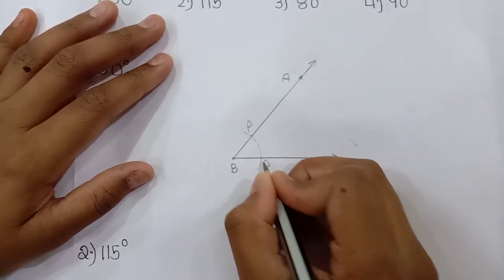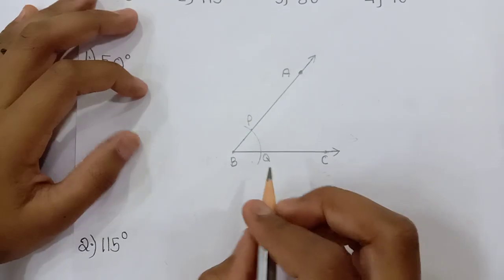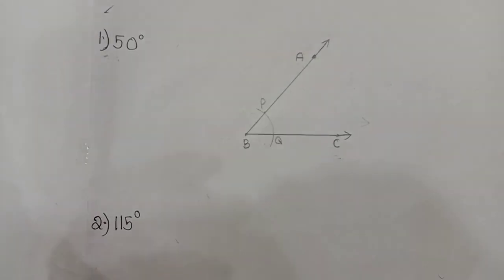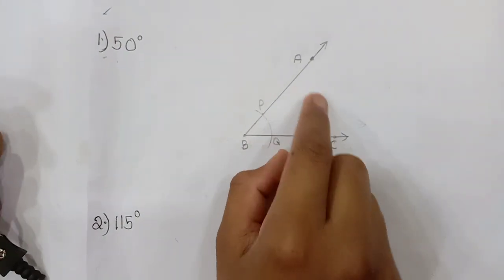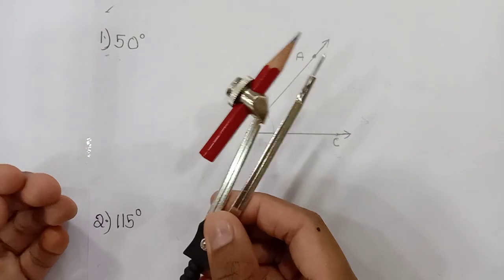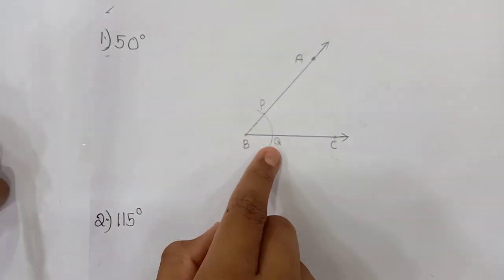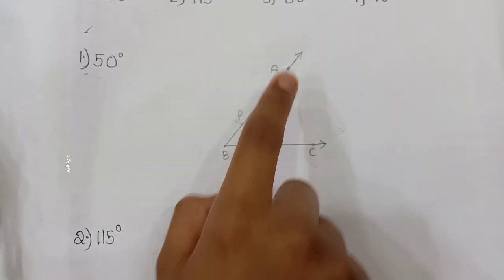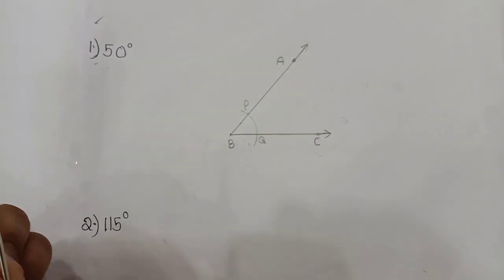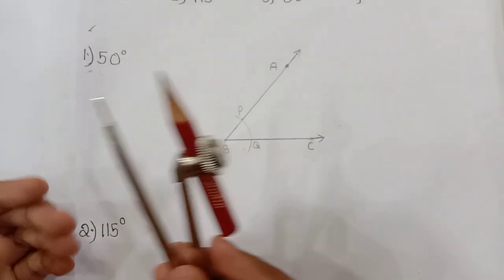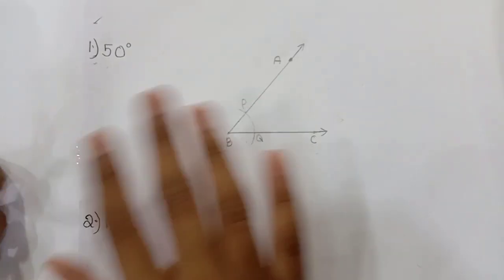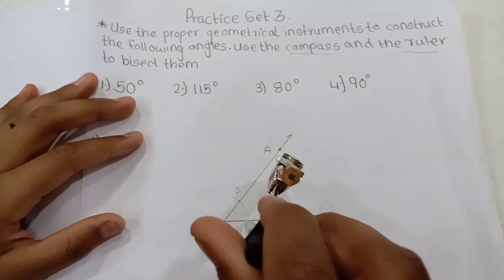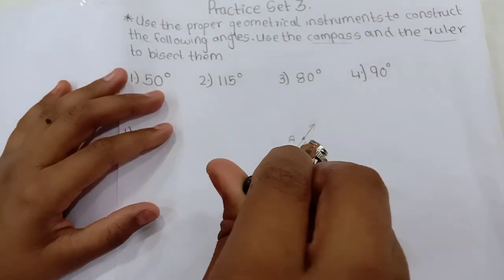So P and Q. Now we have to make another arc by extending the compass. We keep it here and make an arc here, because we can extend the compass. So first give the names with capital letters. Keep this in your mind: I forgot to tell you that these are known as arrows or arrowheads. So we are going to extend it and then make another arc, a different one. Let's make that arc. So children, now we are going to make that arc.